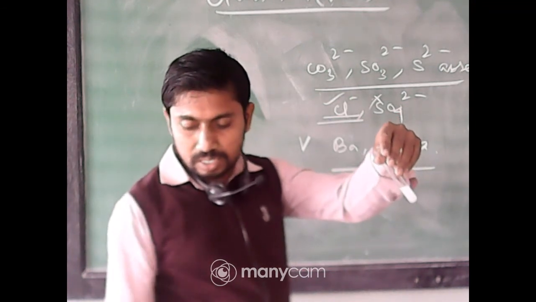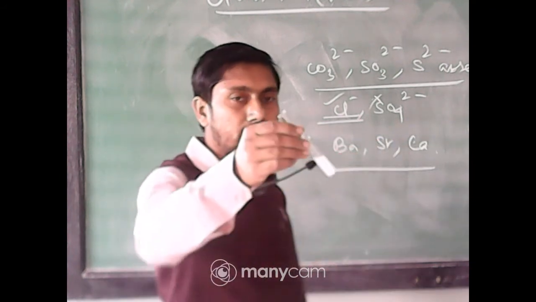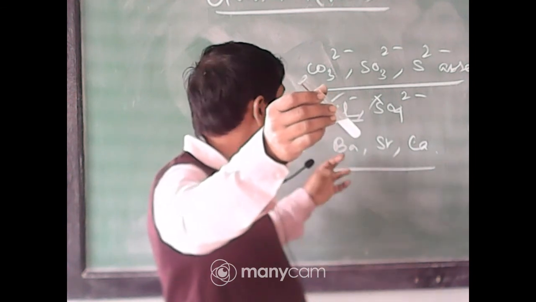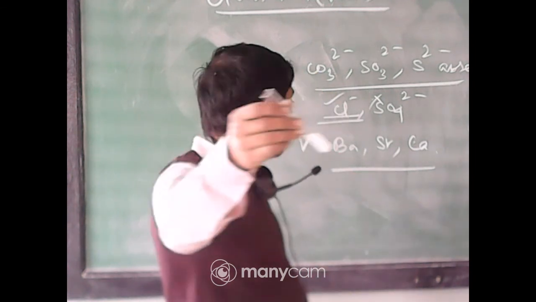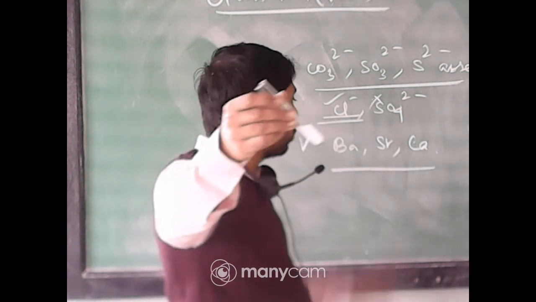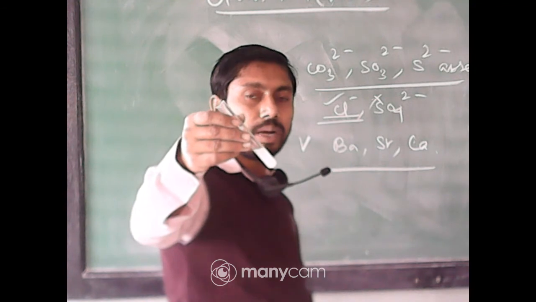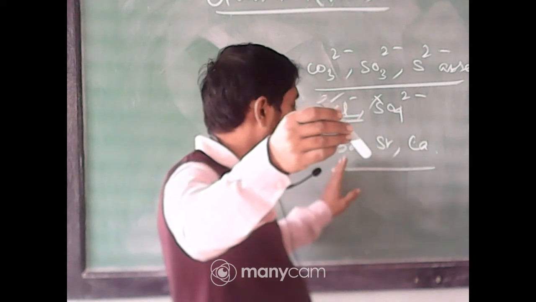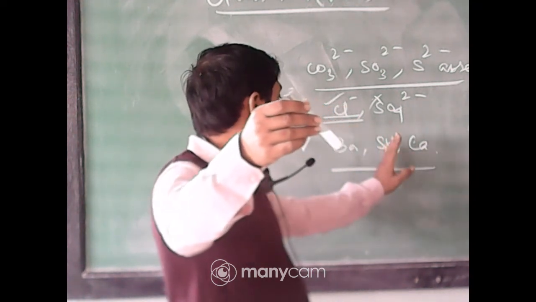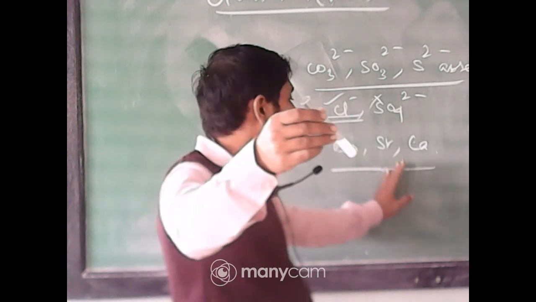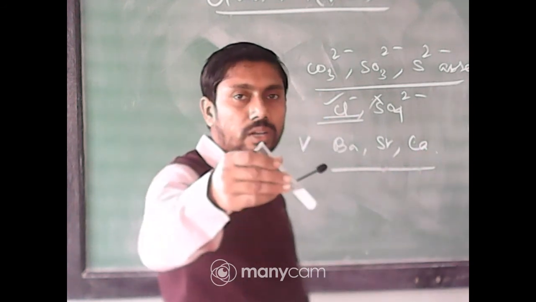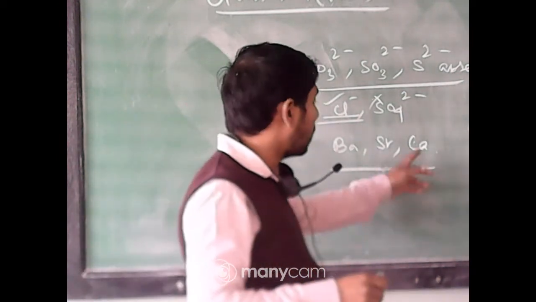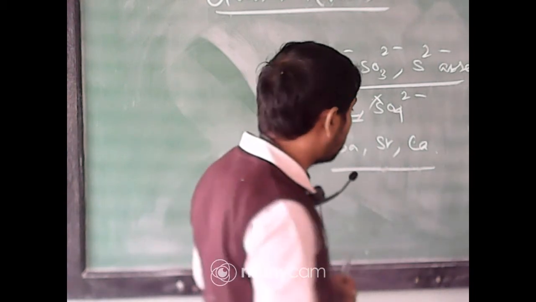So this indicates the presence of calcium here. For barium, you know, lead chromate is there. For strontium, you have to add any sulfate, that is ammonium sulfate, but the basic procedure is the same. The precipitate should be dissolved and then the specific reagent added. This is for lead chromate. This is any ammonium salt, ammonium sulfate, etc., giving a white precipitate. Then this is for calcium. Calcium responds through oxalate. This is the precipitate of calcium oxalate, CaC2O4.